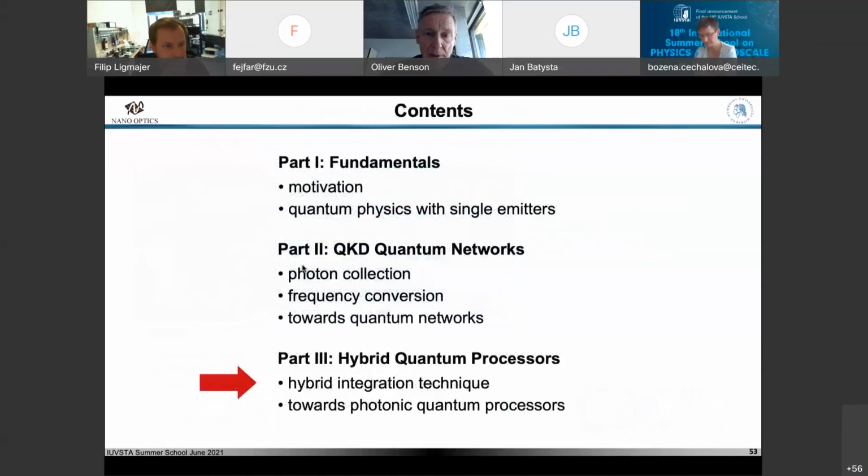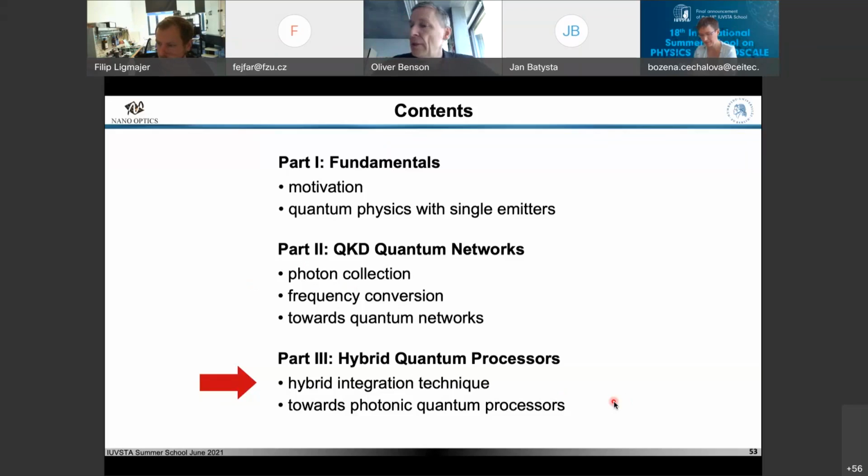So it would be one application, but you see, I think the devil lies in the details. So you're still tackling a lot with seemingly trivial tasks, or basically classical tasks, how to collect the light and how to bring out the light, how to filter the light. So a lot of these technical issues are very important for these applications. So you know about the quantum effects, but they are there. But you need to make it in a platform, a technologically relevant platform. That's an engineering task at the moment, to be honest.